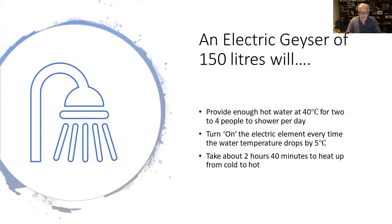Now, when you look at an electric geyser of 150 litres, it will provide basically enough hot water at 40 degrees Celsius for around 2 to 4 people to shower each day. And every time the water is used, the cold water comes into the geyser and the temperature will drop. And when the temperature has dropped by 5 degrees Celsius, the electric element will turn on again. However, just as background, to heat one tank of 150 litres will take around 2 hours and 40 minutes with